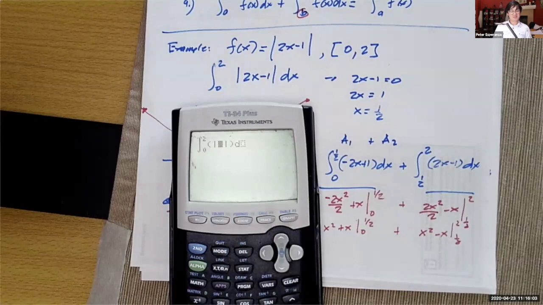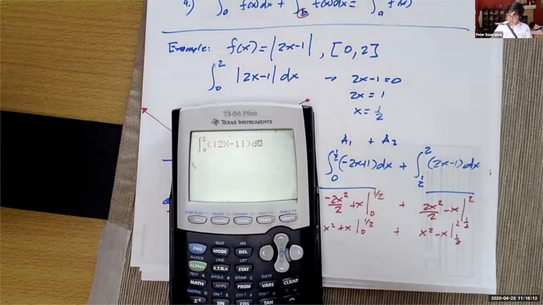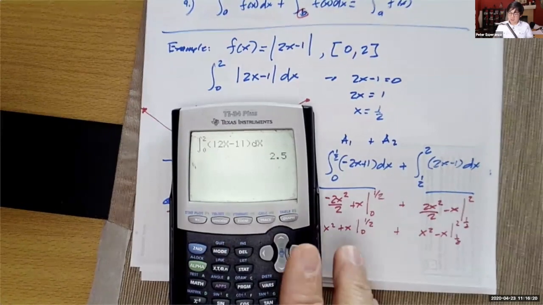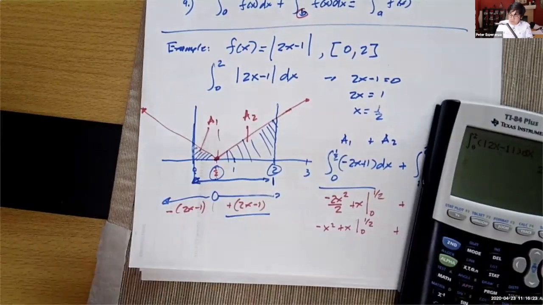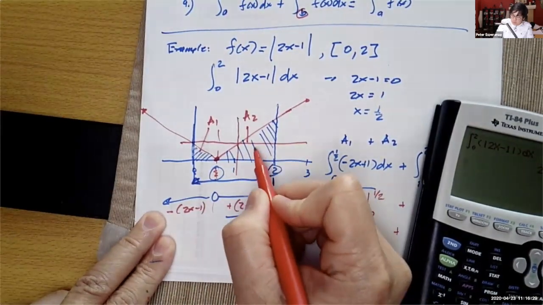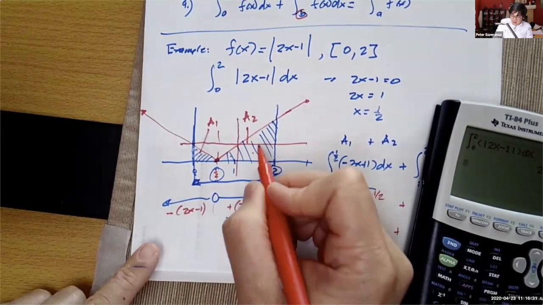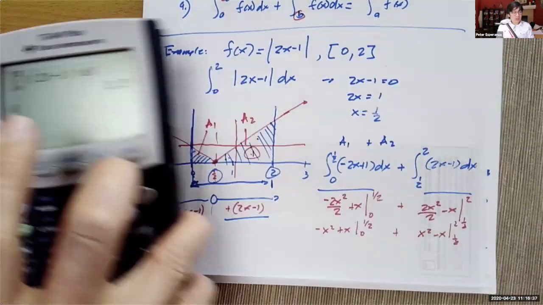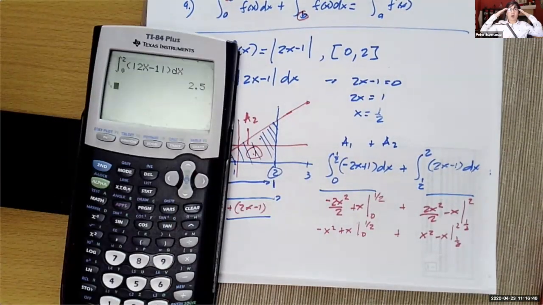So this is your abs, and it's going to be the abs of 2x minus 1, evaluated from 0 up until 2. Make sure to push the x or dx, and this is your 2.5. And we know that if we have this function, 1, 2, and 1/2. 1, 2, see? 2.5. So that is why you need to make sure that you are understanding the concept of calculus visually, and